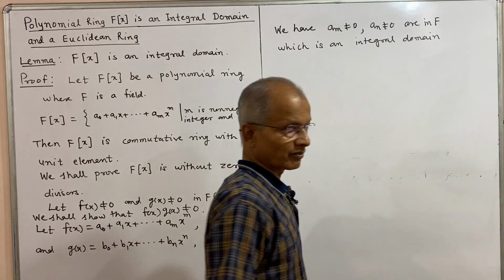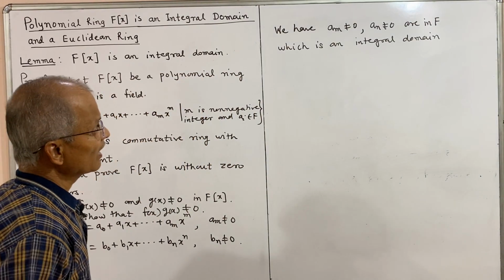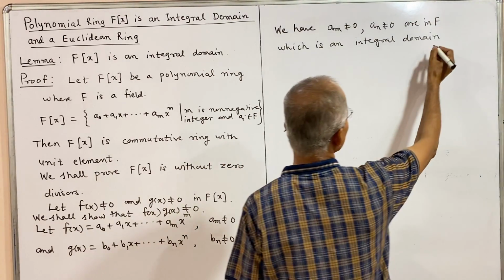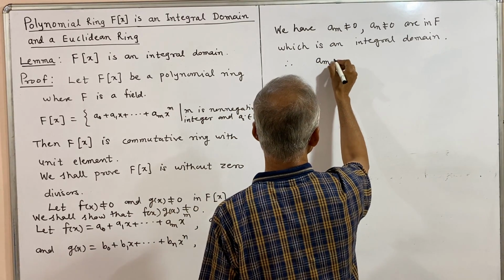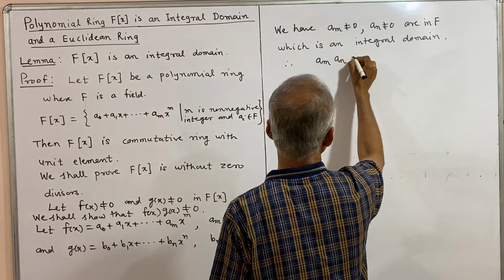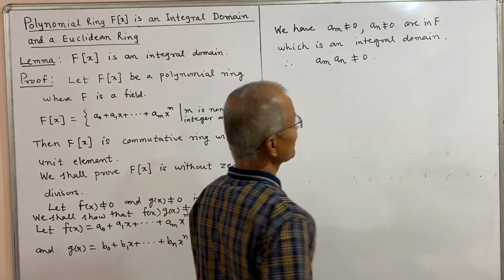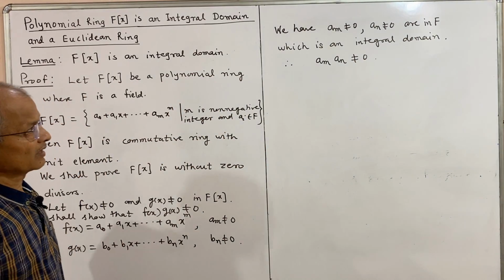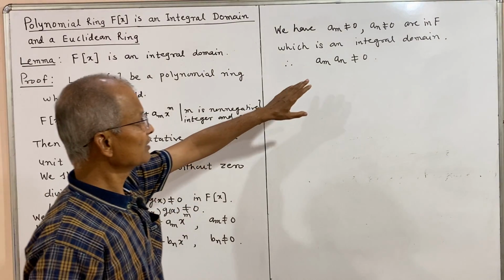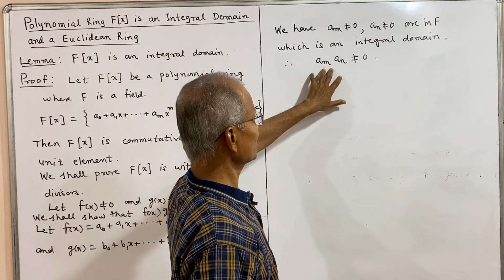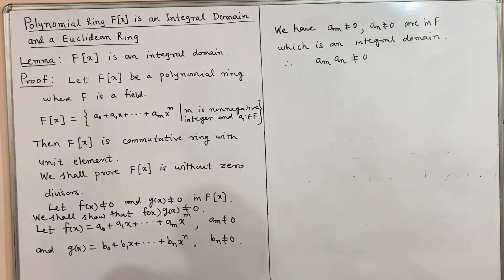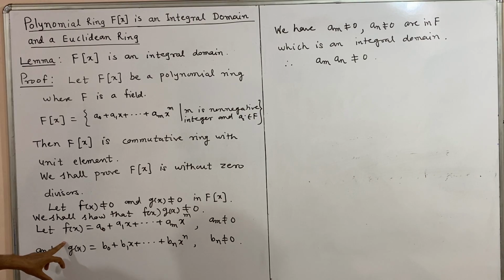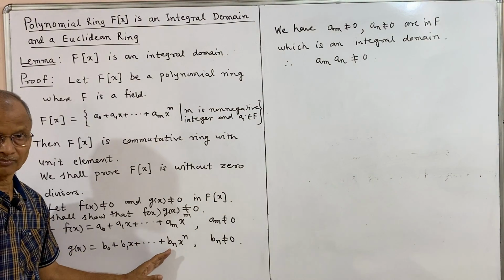F is an integral domain because F is a field, and therefore a_m times b_n is not equal to 0. It is without zero divisors, and thus the product of these two coefficients, a_m times b_n, is not equal to 0. Now what this shows is that if you consider the product of f(x) into g(x),